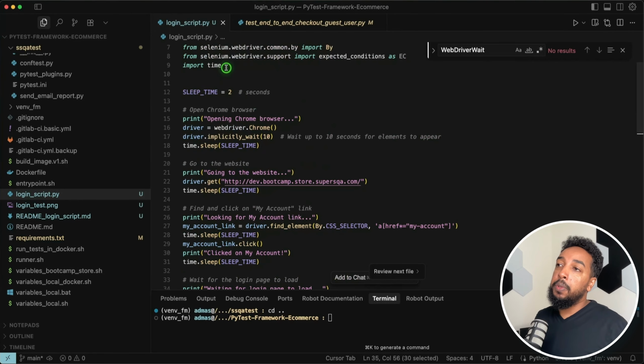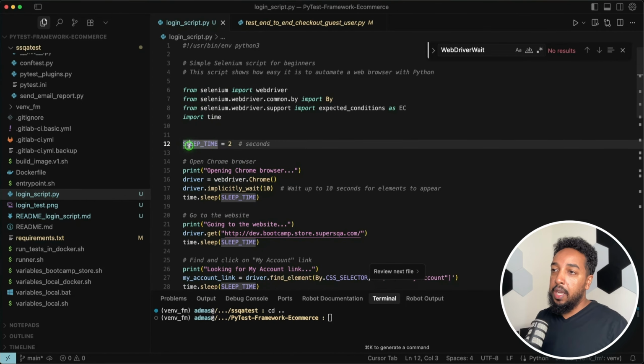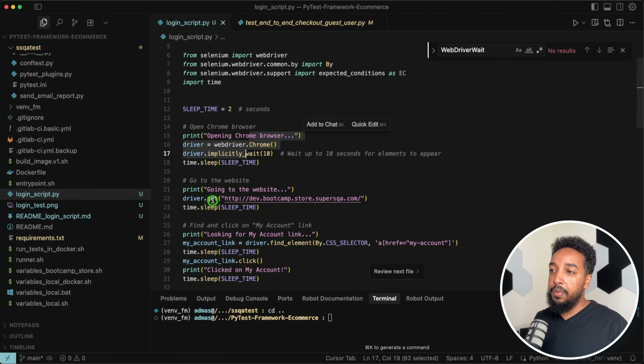So you write simple code like this, Python code that imports Selenium. From Selenium, import WebDriver. You always see this. This is a standalone script. It's not using a framework. I'll show you a framework in a minute. So you write code, and you import some code that you need, instructions. I put a sleep here so I can slow down the script. The script goes so fast, you won't be able to see it. So I put in a sleep of 2 seconds. So every action is going to sleep for 2 seconds. So we'll start the browser. It's going to sleep for 2 seconds. In fact, we probably don't need that. I'm going to comment it out.